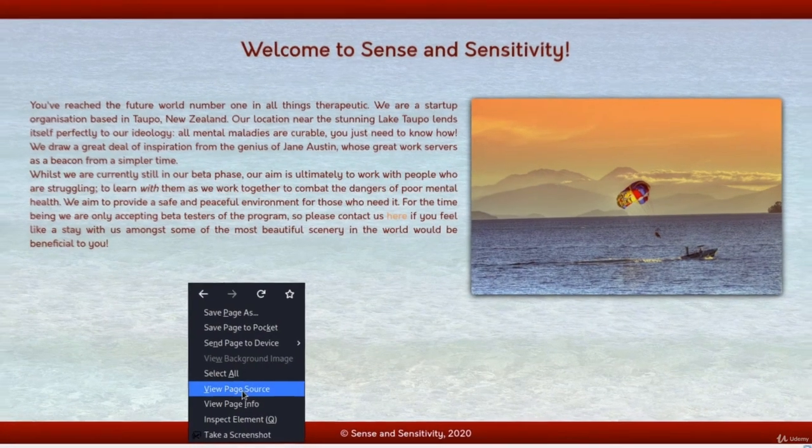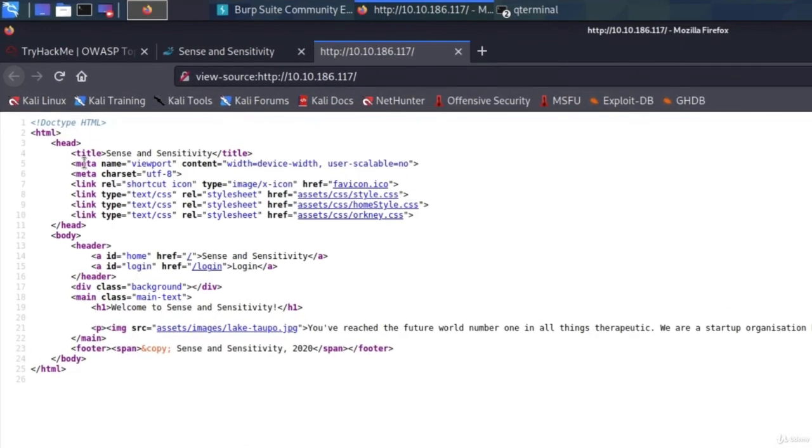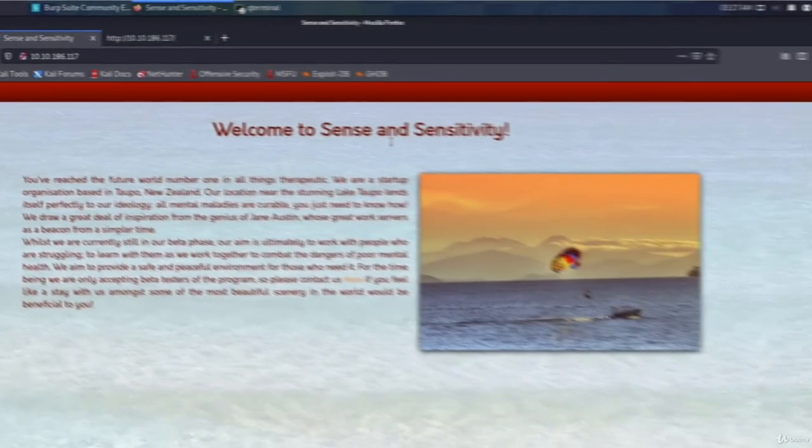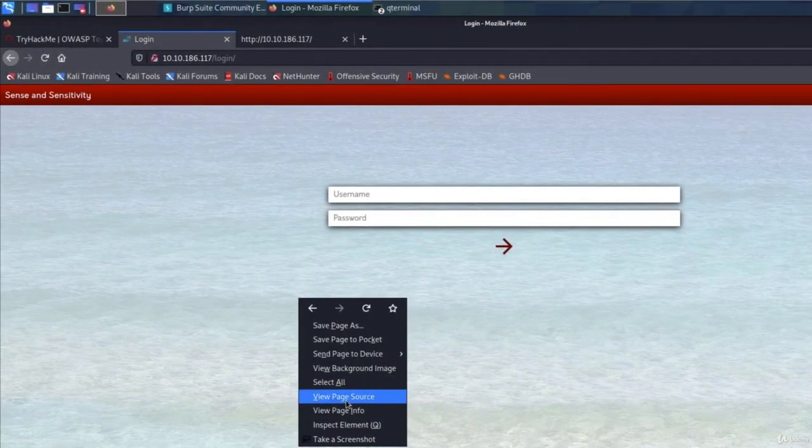We right click and go view page source. So we take a look at the code. It's just a simple HTML code. We got some directories right here, /login, /assets. And that would pretty much be about it. We don't get any comment whatsoever. Now, we will want to visit these directories in order to see what files perhaps are there. But before we do that, let's also go to the login page and view page source on this page as